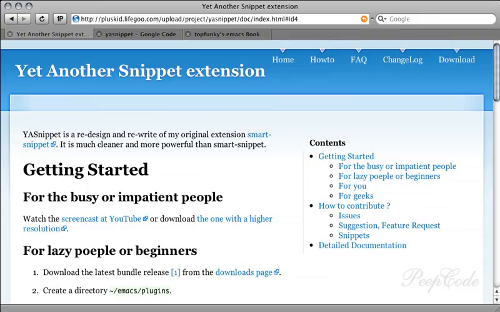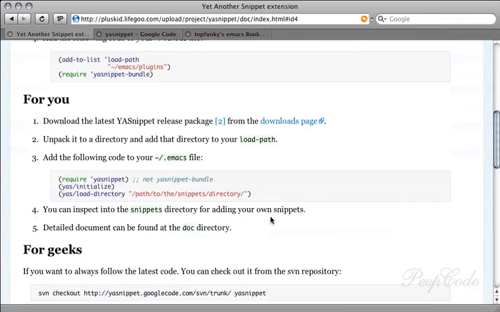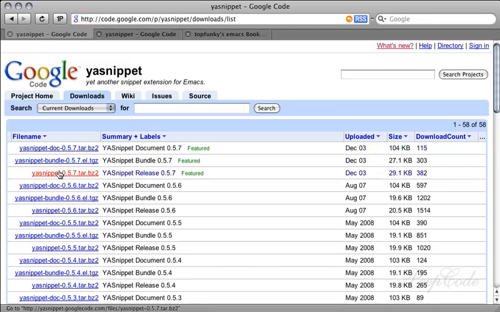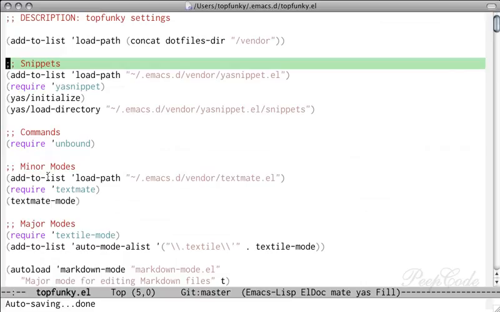If you've used TextMate, you probably appreciate the Yet Another Snippet bundle, which works quite similarly. Go down to the For You section where there are instructions. On the Downloads page, get the YA Snippet download, not the bundle variation, but just the regular YA Snippet. Once you're done, unpack that into your .emacs.d/vendor directory,